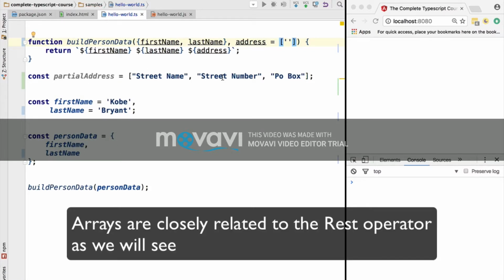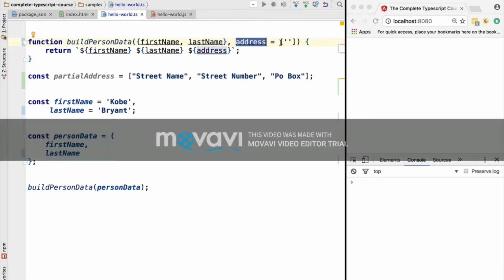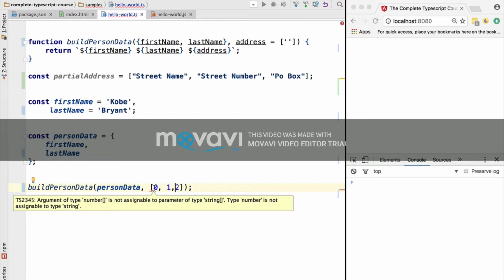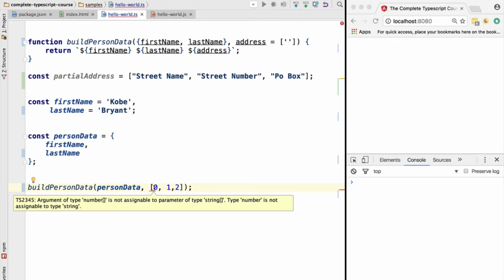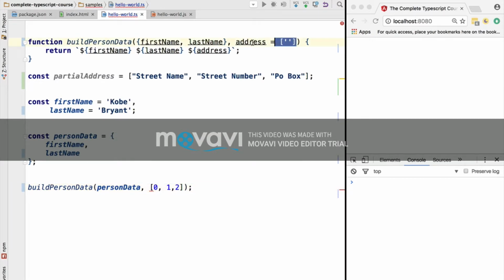We have a street name, street number, PO box, etc. So an address is made of multiple strings. Type inference is still at play here, so TypeScript at this moment knows that this address is expected to be an array of strings. So if we try to pass in, for example, an array of numbers 0, 1, 2, we will get an error. And the error is: argument of type number array is not assignable to a string array, which is what one would expect. So type inference is still at work even when we are just defining default values for a parameter